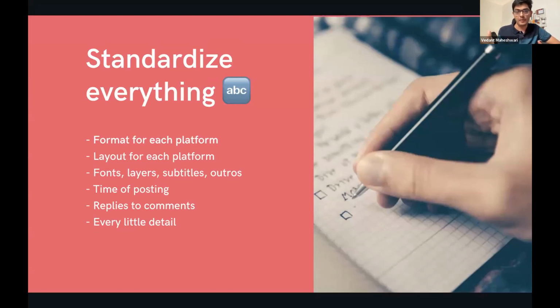an assembly line, right? Where everything is automated, everything is standardized, because this is actually in reality also an assembly line, because you're putting out a lot of content out there. So it needs to be working really fast with zero ambiguity. And generally, when it comes to creating content, there is a lot of ambiguity. Think about the times that you've spoken with your video editor, or think about the times that you've spoken with your social media manager, just to set expectations correct, right? So what you're doing in this method is that you're standardizing everything so that it becomes easier for you to operate this at scale. Is this making sense to you guys until now?